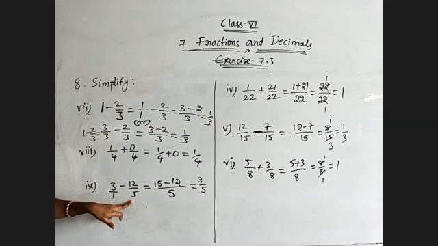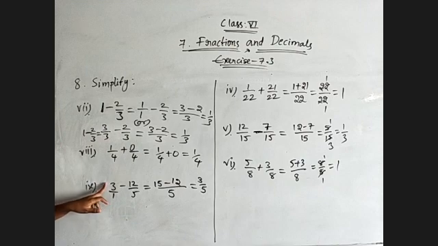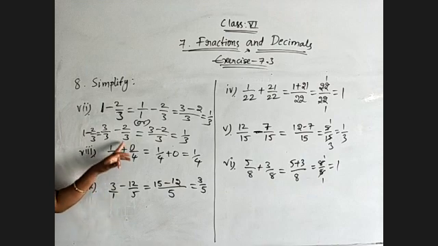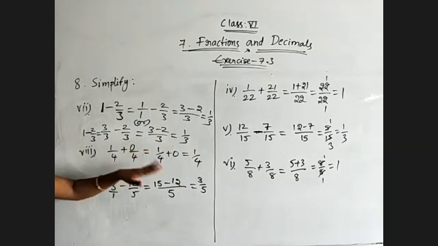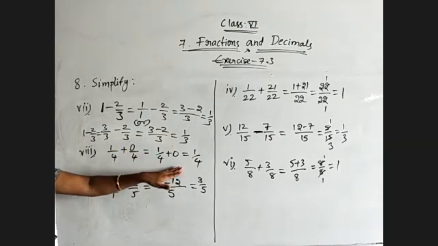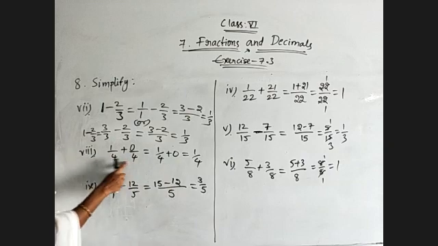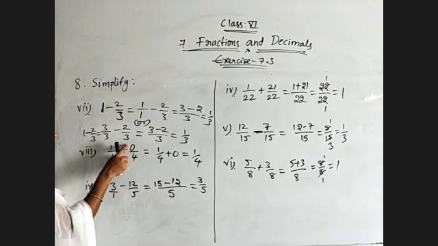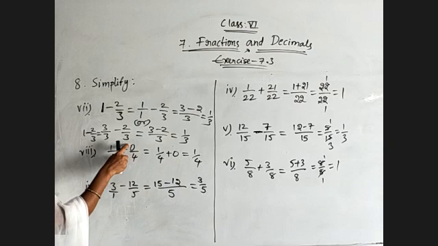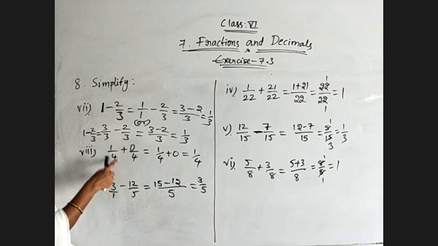and it is cross multiplication. Here 3 is a whole number, I am writing in fractional form by using the denominator 1, 3 by 1. Okay, and 0 by anything is 0 only. So if you are adding 0 to any number, you will get the same number itself. So that's why we will get 1 by 4. Otherwise, both are like fractions given, so add the numerators: 1 plus 0 by 4 will get, that is nothing but 1 by 4. Okay.